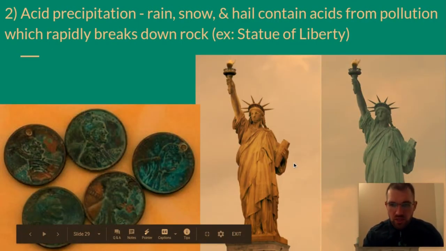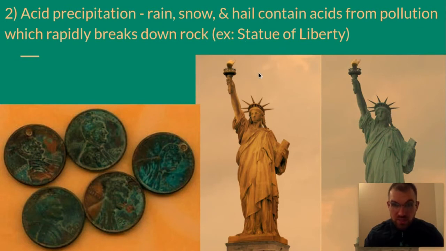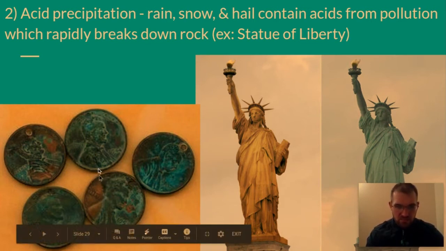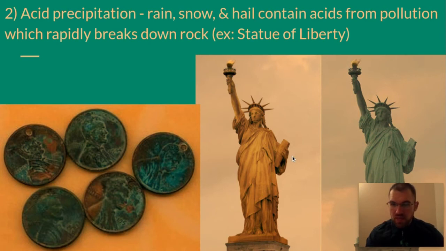So if you look here, this is the modern day Statue of Liberty. Now, this is not a real image, but this is what we think that the Statue of Liberty looked like when it was first given to us. So make sure that you write down as an example here, if you haven't written it down, an example is the Statue of Liberty here, because it went through chemical weathering, erosion, through acid precipitation. It's kind of the same reason like that copper that's inside of like pennies, sometimes they turn green over time when it gets exposed to water. Same thing basically happened to this over time, and now people don't even realize that it was originally that bronze